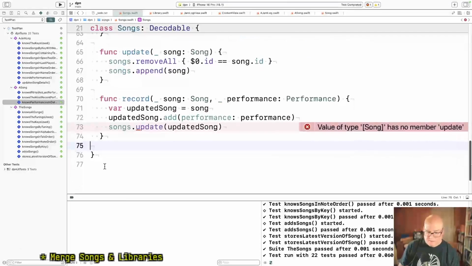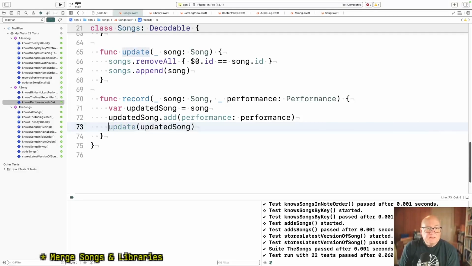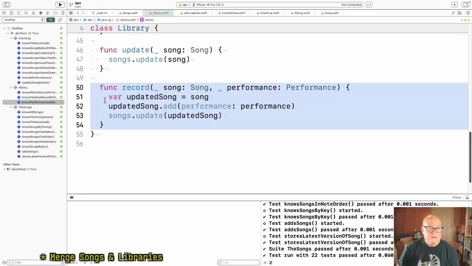All right, so if songs, this is just self.update because it is songs. So given a song and a performance, we're going to attach the performance and replace the song with the updated song. All right, so this could call songs.record.